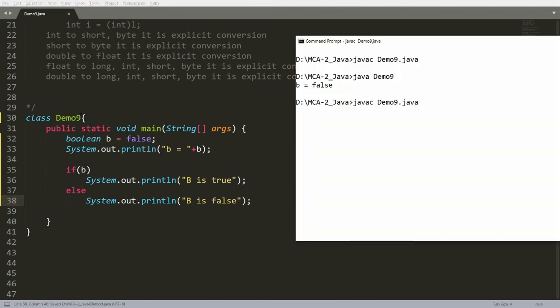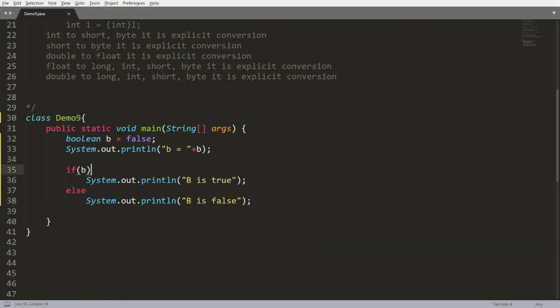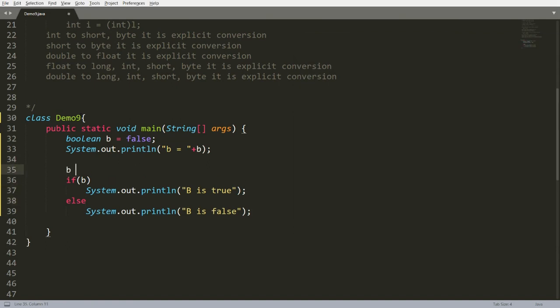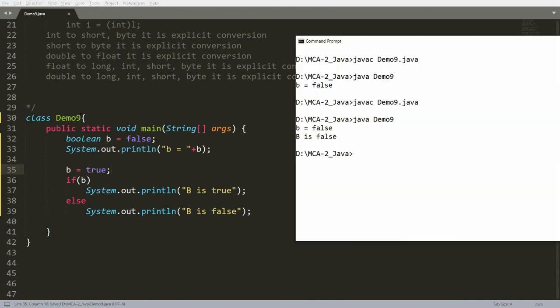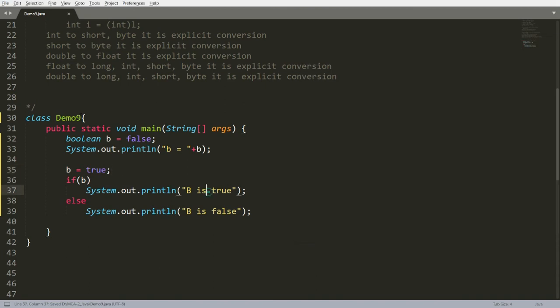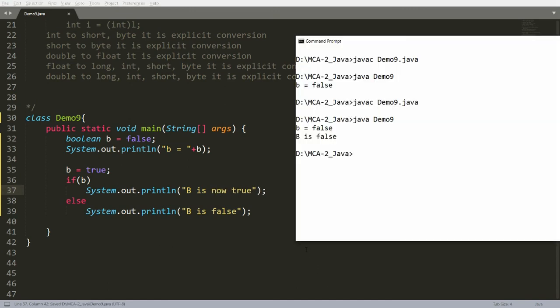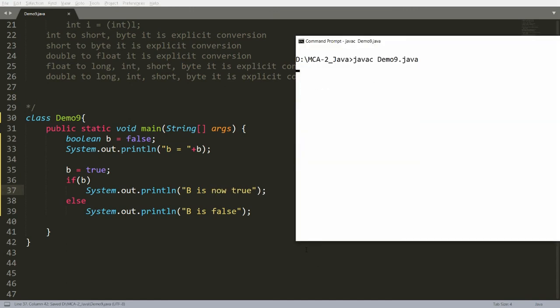So if you run this, you will get the message that b is false. But I'm now writing b is equal to true. So if you write b is equal to true, then here you can give the message "b is now true". So I'm compiling this particular program.